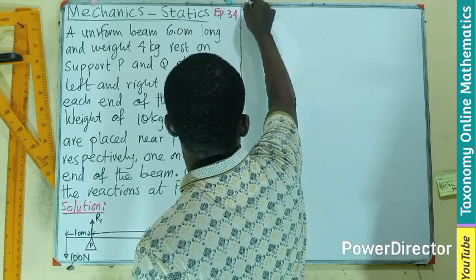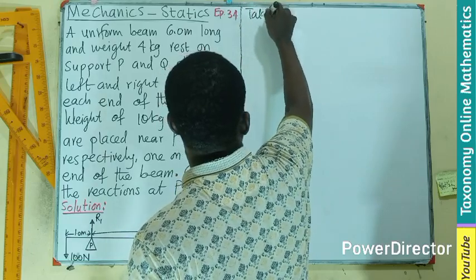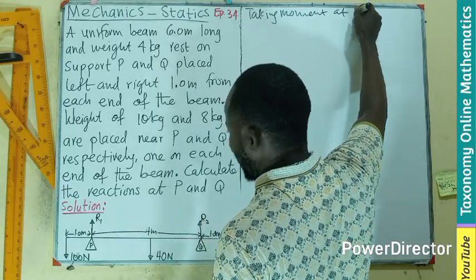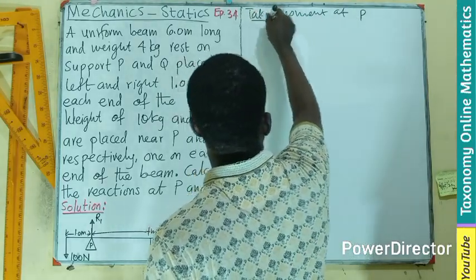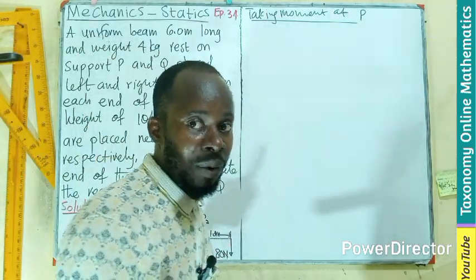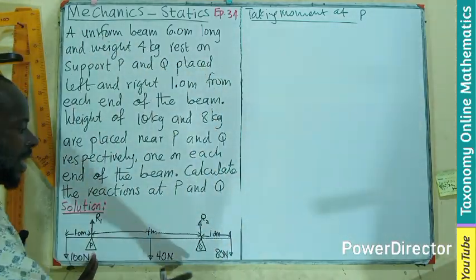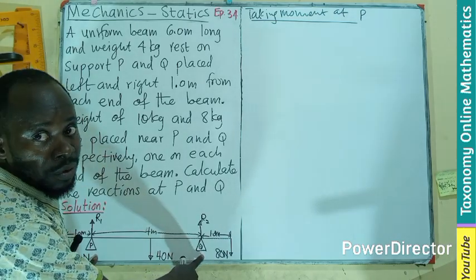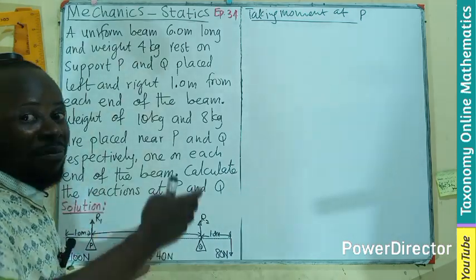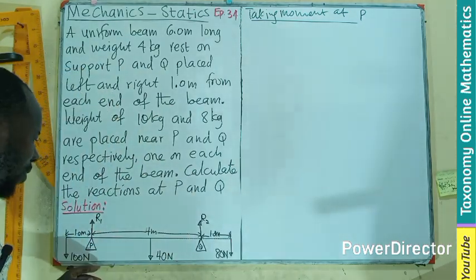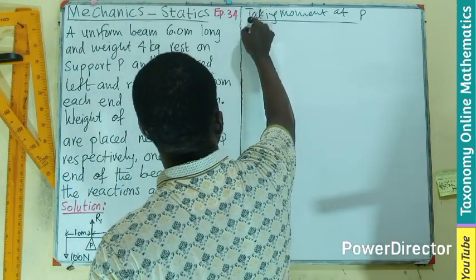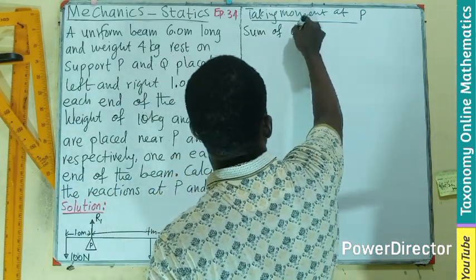So let's go and take moments. Taking moments at, let's say we pick the first one, P. We want to take the moment at P. You can take moments at both ends so that we ignore one of the pivots. So if I take the moment at P, it means that I am ignoring the pivot Q. It is no more going to be there as a pivot. I'll be concentrating here to have my turning effect. So I should have clockwise and anti-clockwise movement. So let's say sum of clockwise